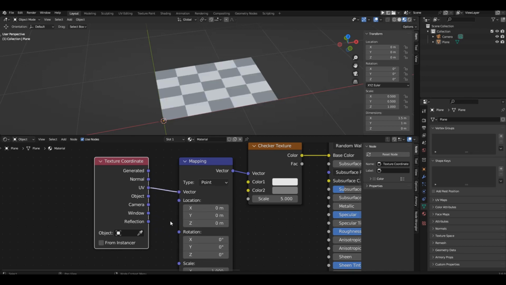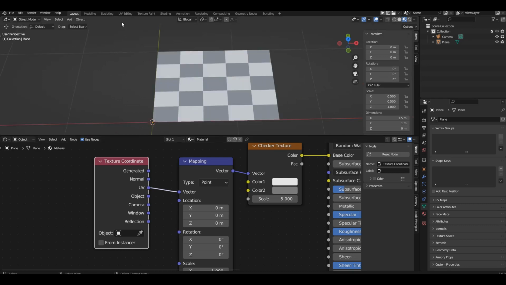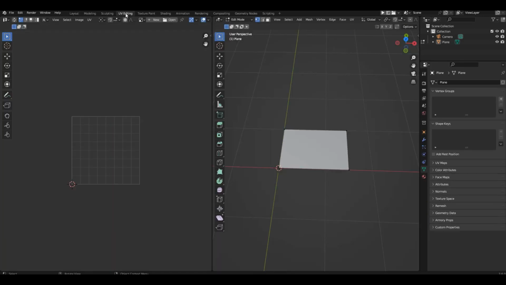So, we've given coordinates from UV. But the texture is still stretched. That's because we changed the object's size. Despite applying the scale, our UV unwrap remains the same. It looks like a square with all sides equal. Don't believe it? Well, switch to the UV editing tab and take a look at the unwrap. It's square. And right now, our texture is being mapped to our square unwrap and then stretched to our rectangle.